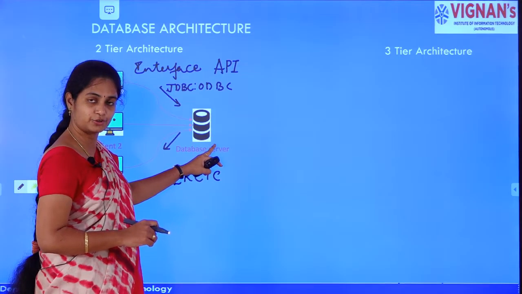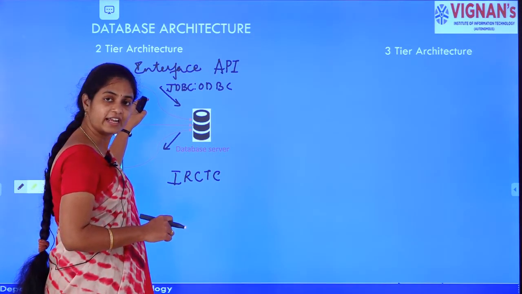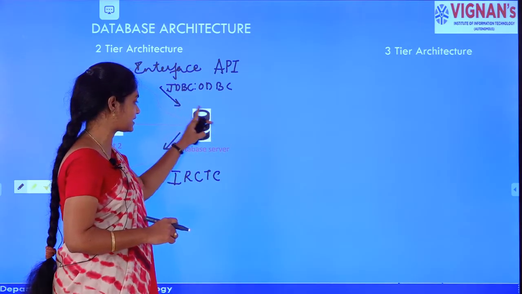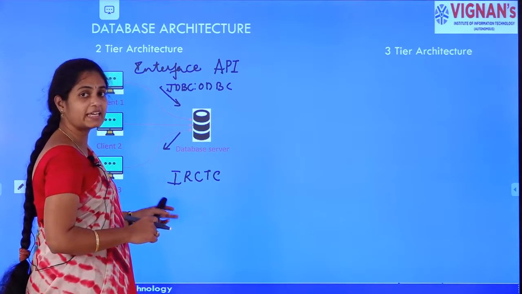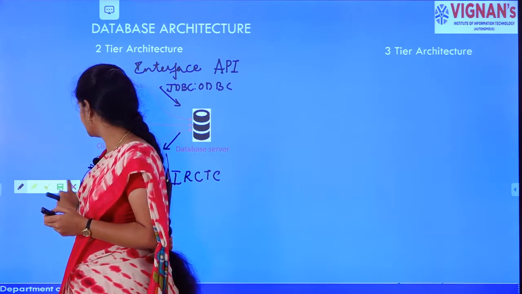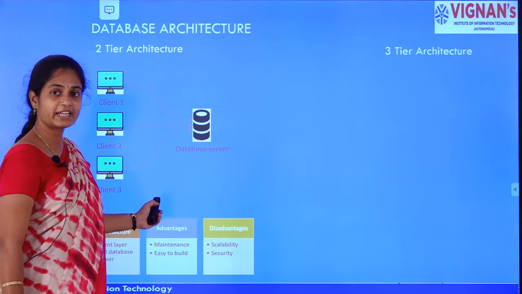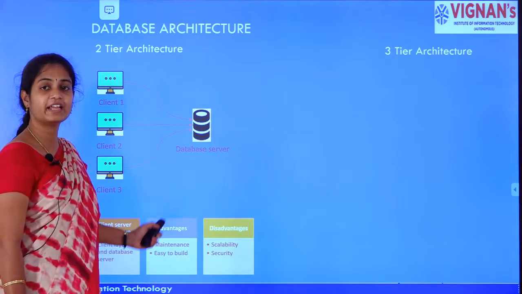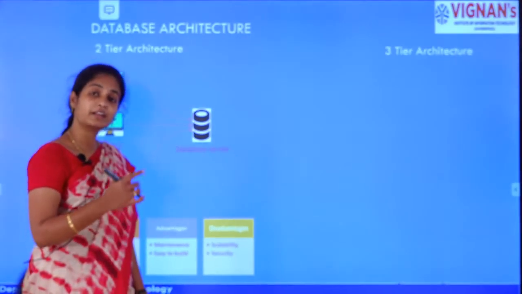Through that connection, whatever queries the user enters at the client machine will be completely processed by the database server and the response will be given back here. So the two-tier architecture is also called client server architecture, where it involves the client layer and the database server.